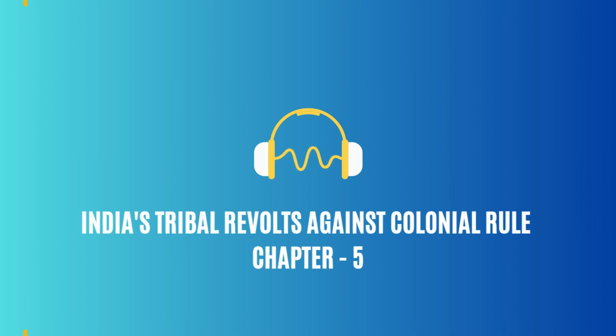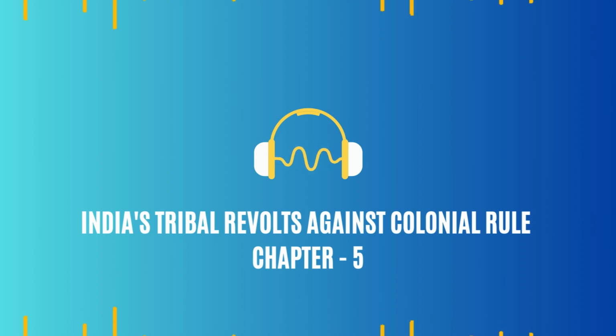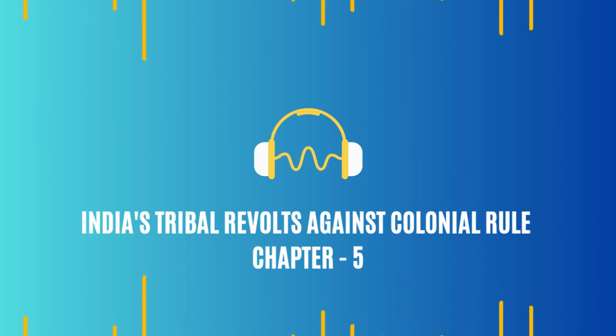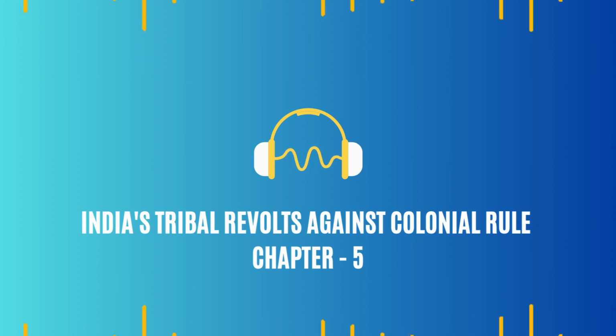And the response? It was huge. Thousands of Santhals joined the fight. They used their traditional weapons, bows and arrows, axes, swords, and attacked everything that represented British authority and the Zamindars' power. Fighting back against their oppressors. Exactly. They attacked police stations, burned down houses of Zamindars and moneylenders, destroyed government records, disrupted communication and trade routes, bringing the whole region to a standstill. This sounds like a serious threat to the British. One of the most significant uprisings in Indian history. It made the British see what their policies had done. They saw the anger they had created.